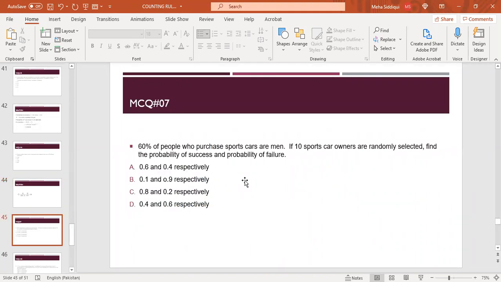Now, MCQ number 7. 60% of people who purchase sports cars are men. If 10 sports car owners are randomly selected, find the probability of success and probability of failure. This is a very easy question. Any guess about the answer? Yes. Right answer will be A, because 0 points, as 60% of